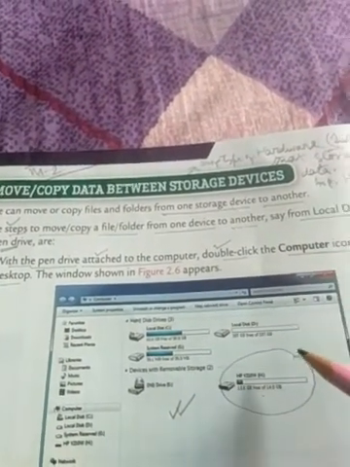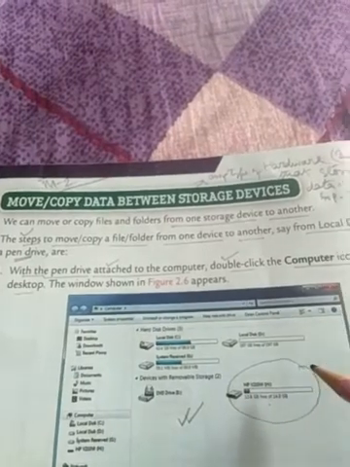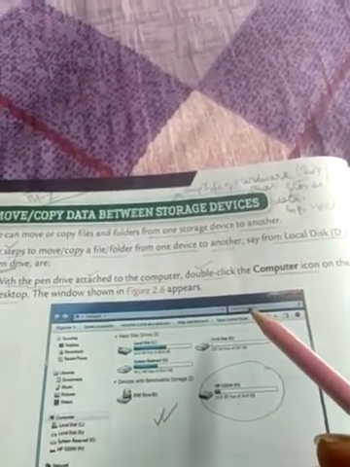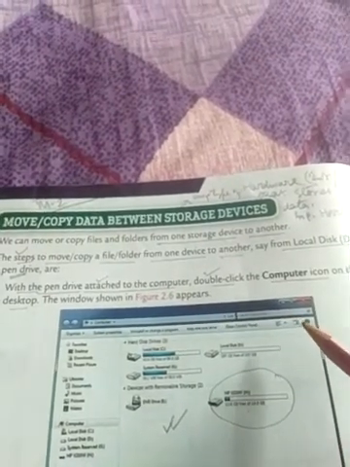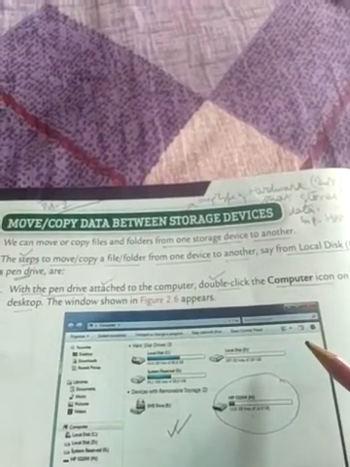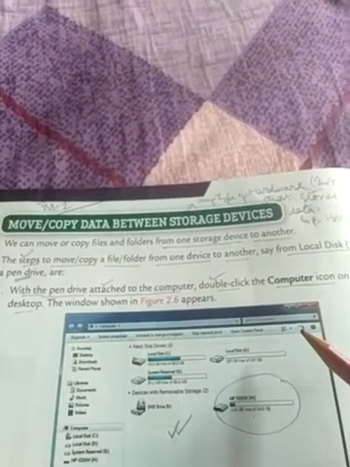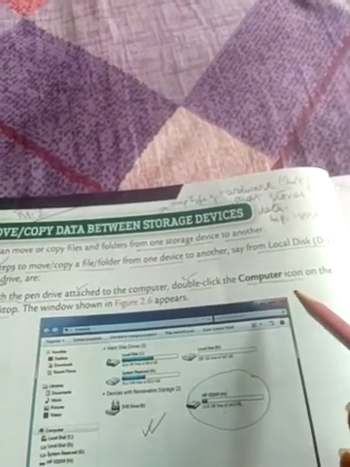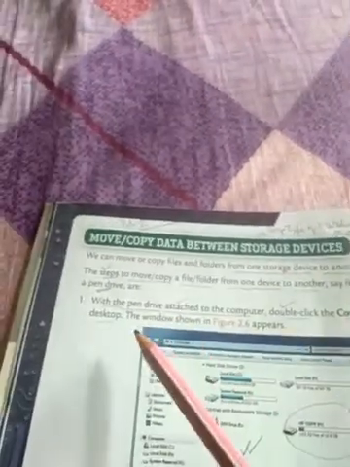And after attaching this pen drive to the computer, we have to double click with the left key of the mouse on the computer icon on the desktop.